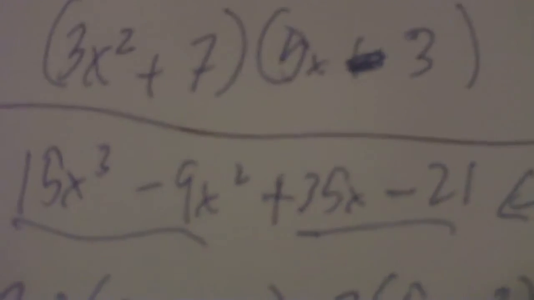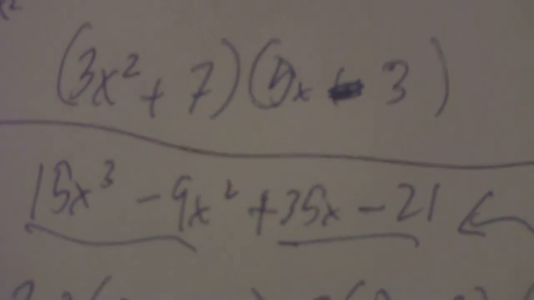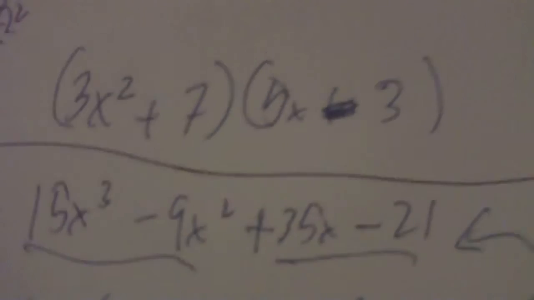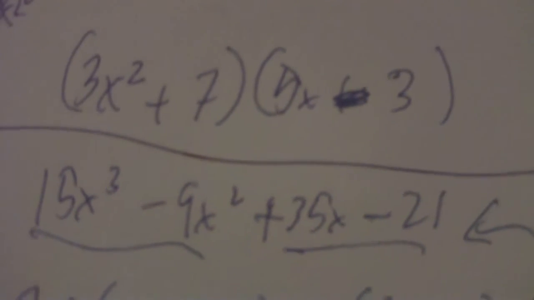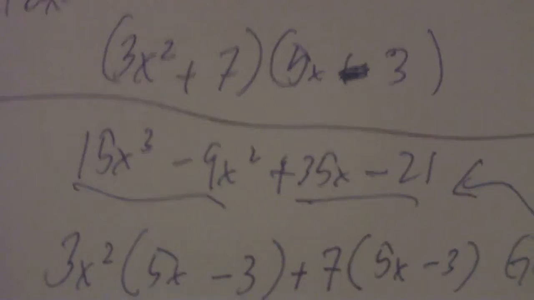Right? Well, what you have to do is group the terms together so that you can pull out the greatest common factor of the first 2 and then the second 2. So that's why I have them underlined. I have the first 2 I'm going to work with underlined, and then the second 2. So on the next line here, basically what's going on is,